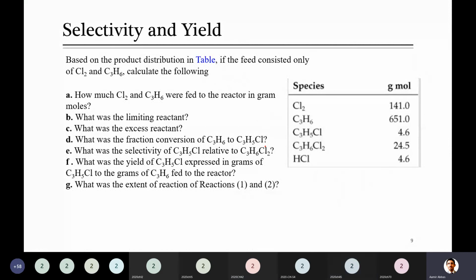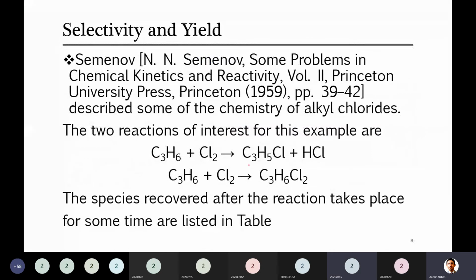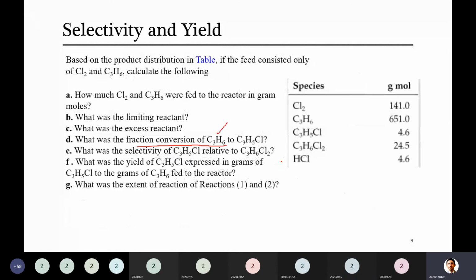Now here, when I am looking for this, you have to find fractional conversion of not chlorine, but one of the reactants. He asked you C3H6, and one thing he mentioned here, to C3H5Cl. So here, what I think is that you should only look for the conversion based on the first reaction, because you see here it is being consumed. But what I did when I was solving, I did it total overall. I said how many moles of C3H6 are entering and how many moles are reacting in the system.